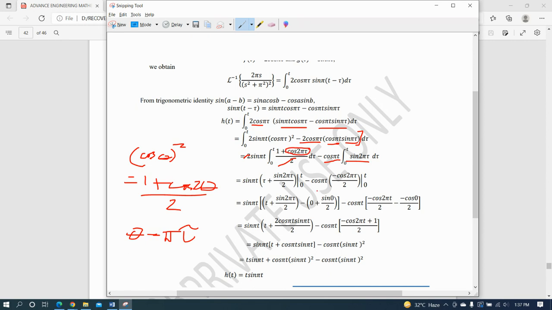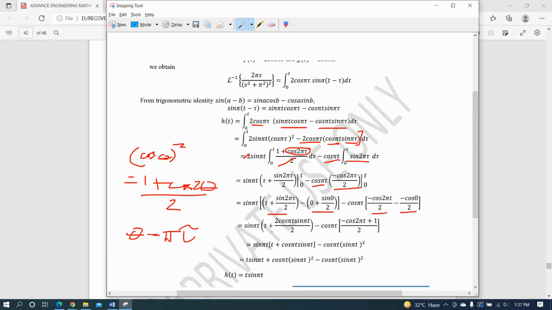Ito. Okay? And then also, we have here, kinopya ko lang ulit ito. And then the integral of sine 2 pi tau is equal to this one. Okay, negative cosine 2 pi tau over 2. Okay, 1 half is the neutralizing factor. Okay, and then applying the limits, palitan natin yung tau ng t, ito siya, minus palitan natin yung tau ng 0, ito siya. Okay, dito naman, palitan natin yung tau ng t, ito siya, and then palitan natin yung tau ng 0, ito siya. Okay, and then simplifying further, we now have t plus